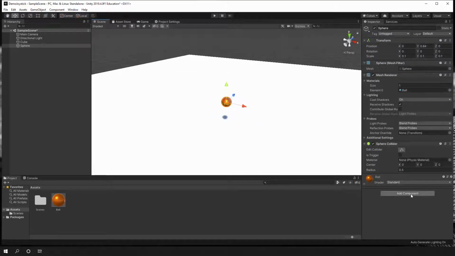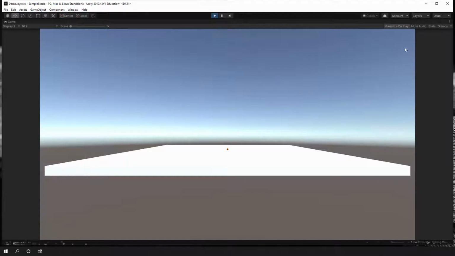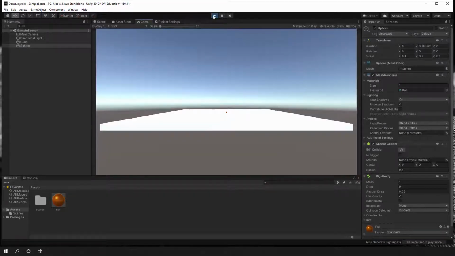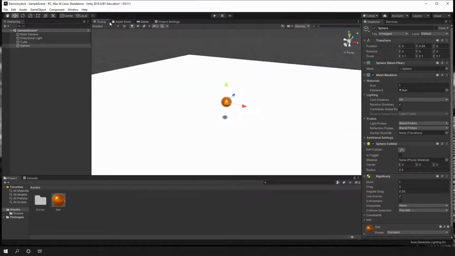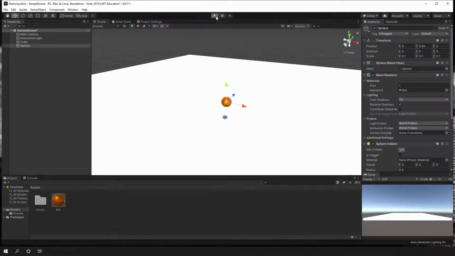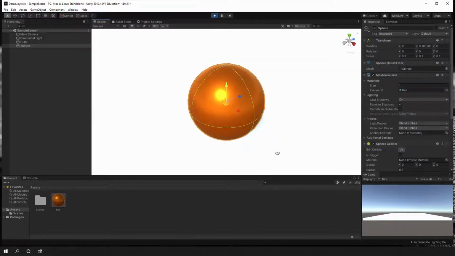Okay, I'm going to add physics so we can start working on it. And to do that, I will include a rigid body. That means that when I hit play, it will fall down and it will be right there. So let me remove maximize and play so we can see it from the scene. Oh, this is because the game screen is right here. So I usually put this one right here so it doesn't switch between one and the other. Okay, and you can see that our ball is right there.